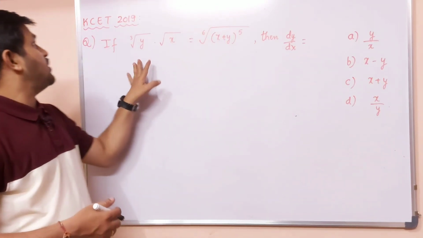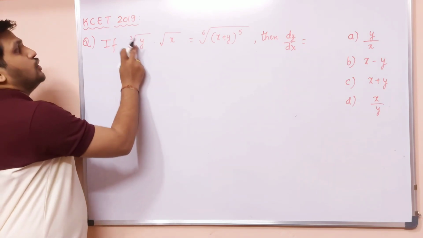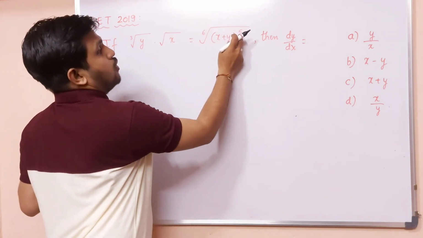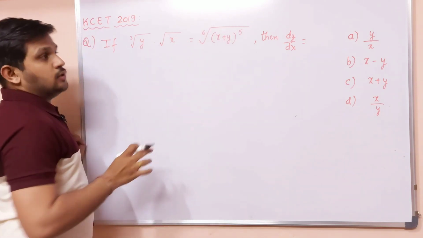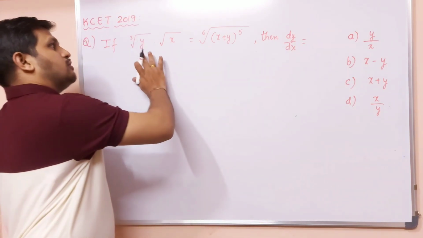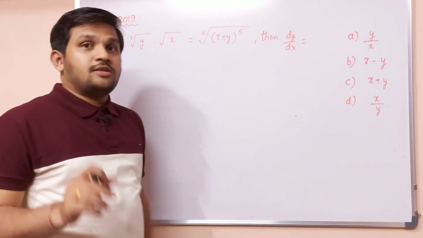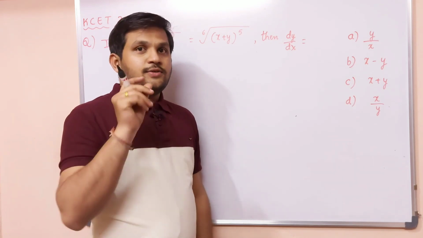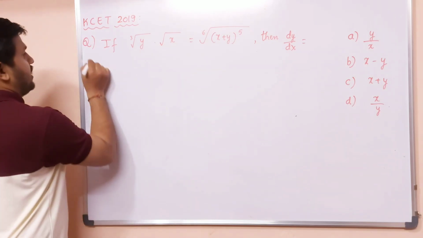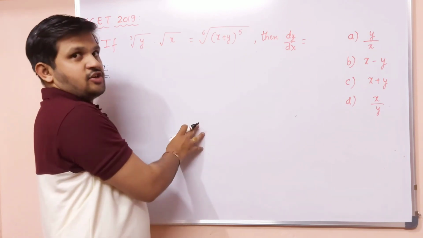Okay, let's start with this question, which has been asked in 2019. What is the question? If cube root of y into square root of x equals (x plus y) to the power 5, whole power 1 by 6, you need to find dy by dx. So what you have to do is first simplify this and get it in terms of x by y form. It is a standard remark, a standard result. To know that, watch this carefully and understand this question. This is a very important standard remark which you need to understand in the simplification of this.